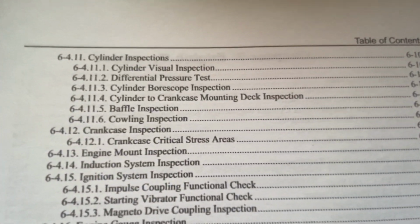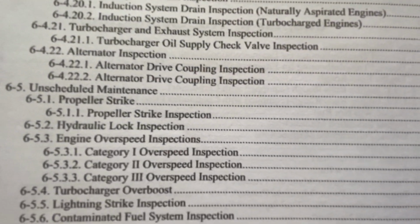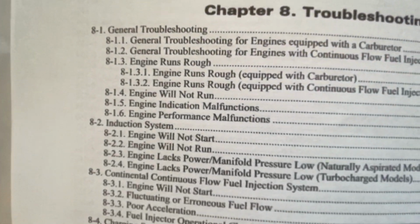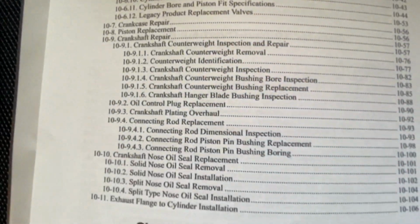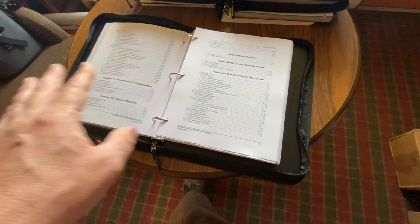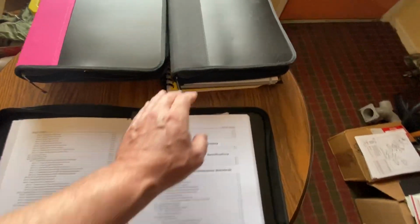It's kind of intuitive, the way they have it laid out, which nobody heavily does. Once this thing's on the airplane, from what I gather, nobody touches an engine except a compression check. And all of this stuff just gets overlooked through its whole life. And everybody just prays that it's just going to keep on working. So in here, it has cylinder head repair, and what it takes to do a rebuild. And everything, and all of that. So the MO manual, and then comes,